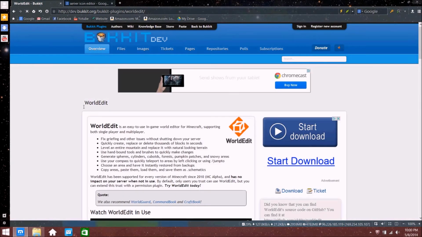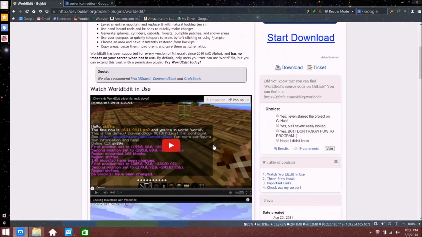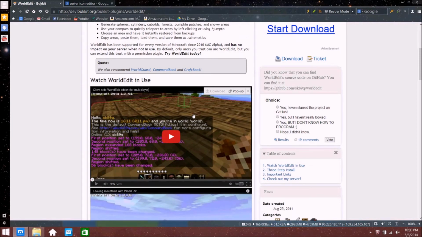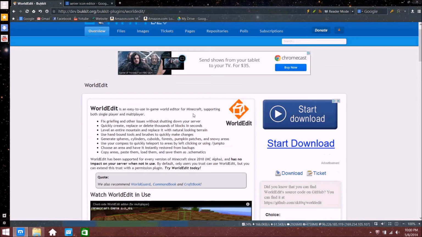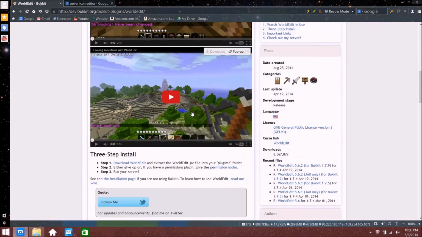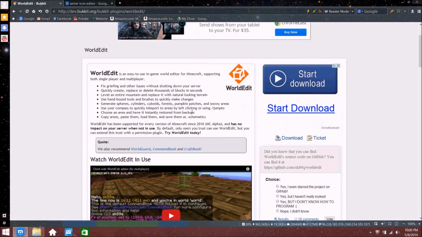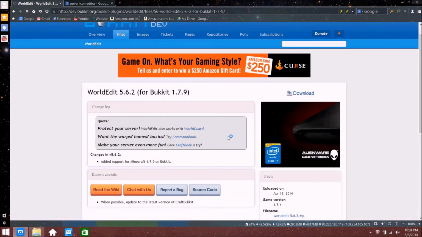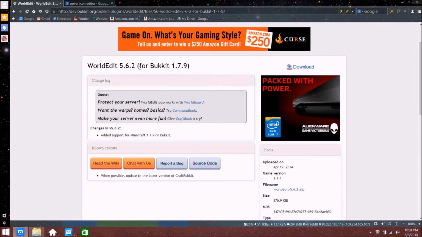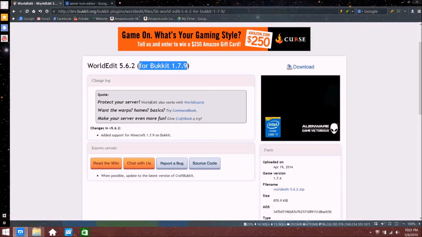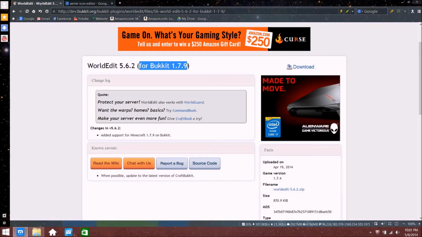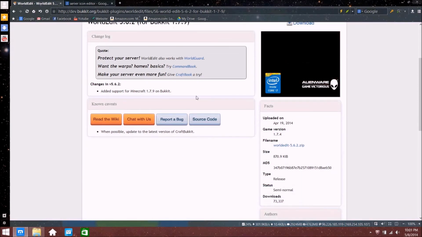It allows you to delete thousands of chunks at once and everything, and create and change. It's awesome. All you need to do is click on this. Don't click on these downloads. Click on the one that has this blue arrow. Click on download. Remember to check the version. Since we have 1.7.9, we got it,